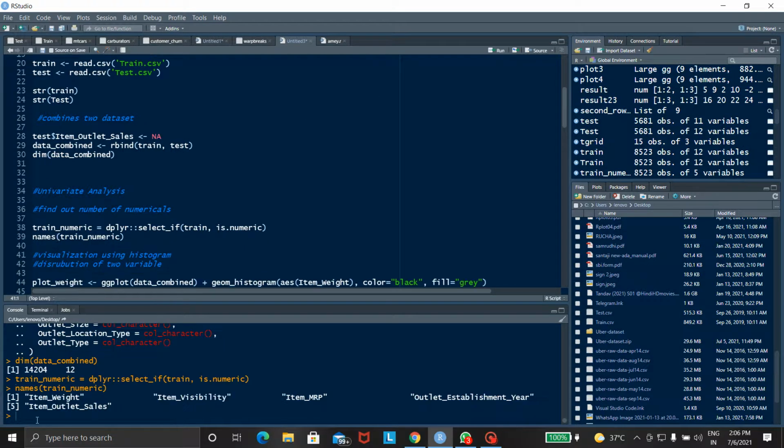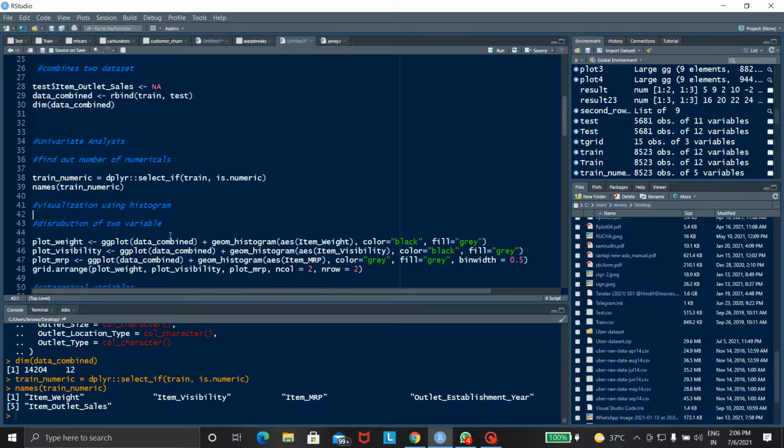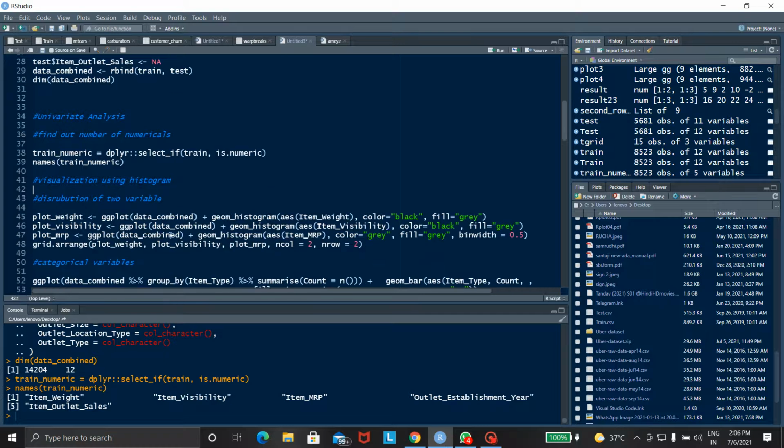Here we have found there are five numerical variables in this dataset: item weight, item visibility, item MRP, outlet establishment year, and item outlet sales. Then the second step is visualization using the histogram.